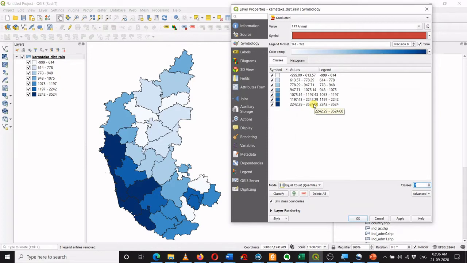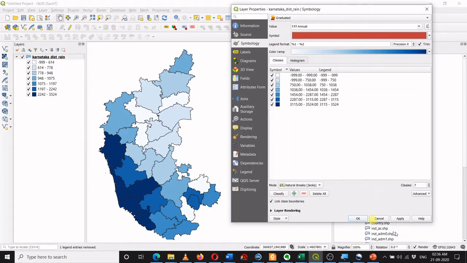In case of equal count or quantile, the classification is done in such a way that each class gets the same number of features, that is the same number of districts. But there are also several other options available. For example, I can go for natural breaks and I can say apply.